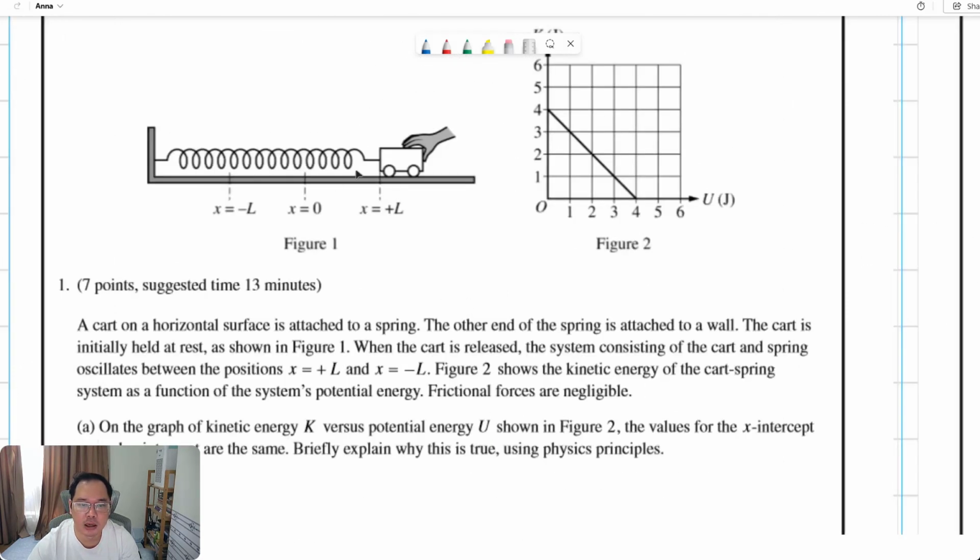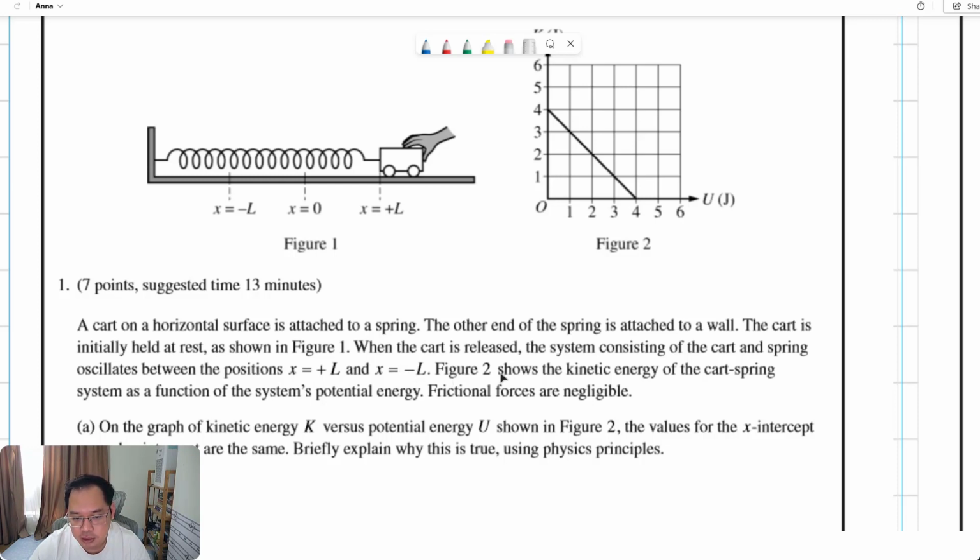We can see directly on the diagram the cart is attached to the wall by a spring, and the initial position of the cart is at x equals positive L, and the origin x equals 0 is when the spring is at its natural length, meaning it is neither extended nor compressed. The cart is held at rest. When the cart is released, the system consisting of the cart and spring oscillates between the position positive L and